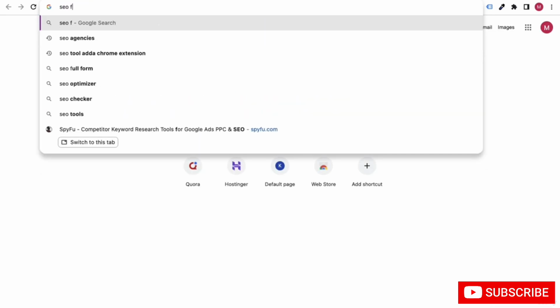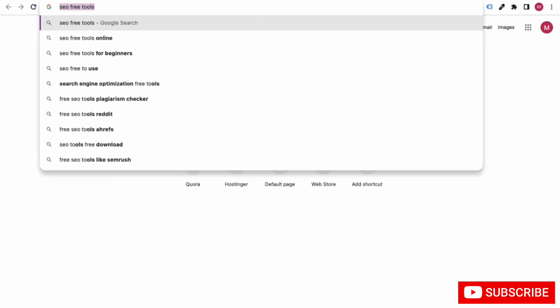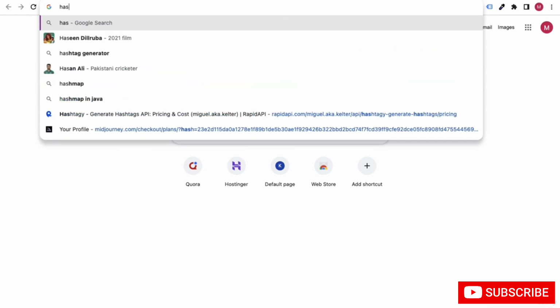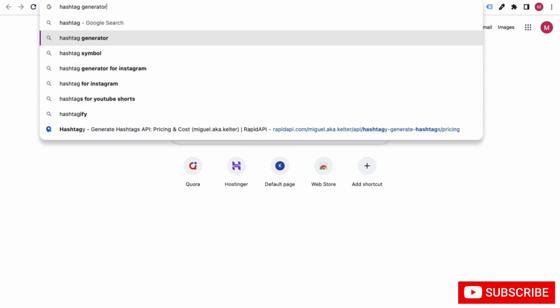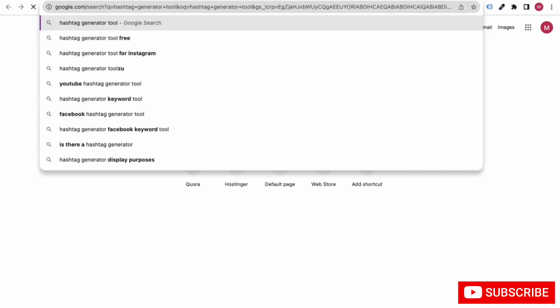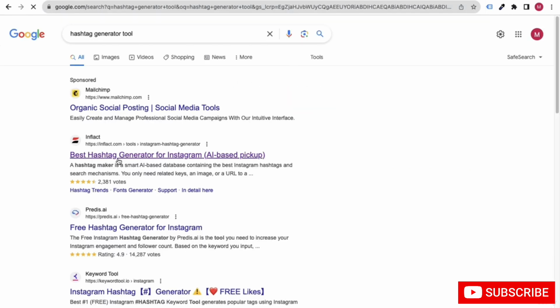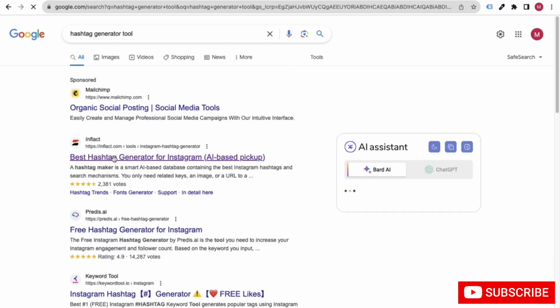For example, there are various free SEO tools, or let's say a hashtag generator tool. You can see that this is a hashtag generator tool for Instagram. So you can create some API that is related to hashtags for Instagram.